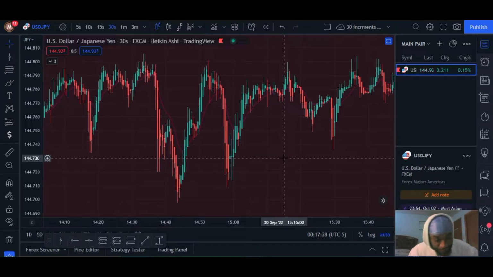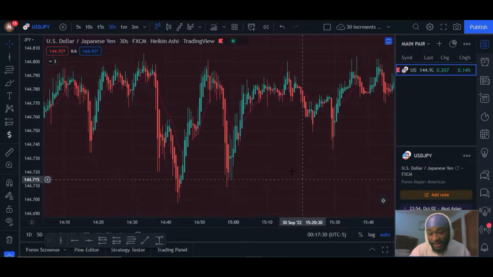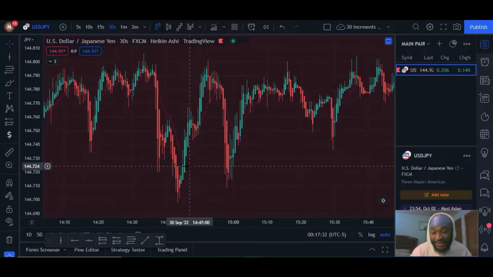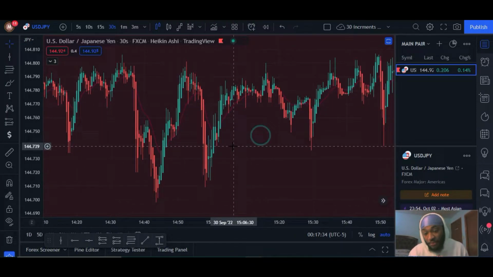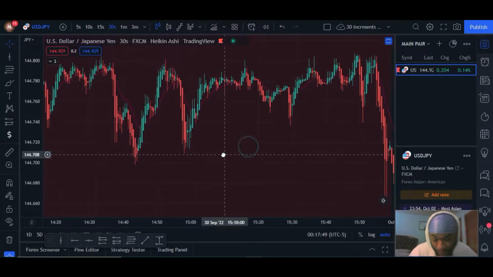Another thing it does is help you identify strong trends in the market. And in this case for me, it lets me know when I should enter a trade. If I don't see the Heikin Ashi give me the signal, I don't enter. So basically what you want to remember here is